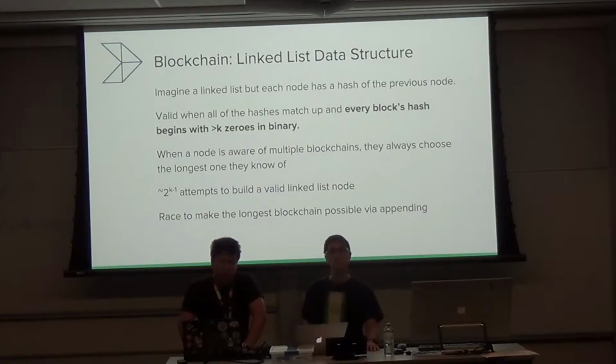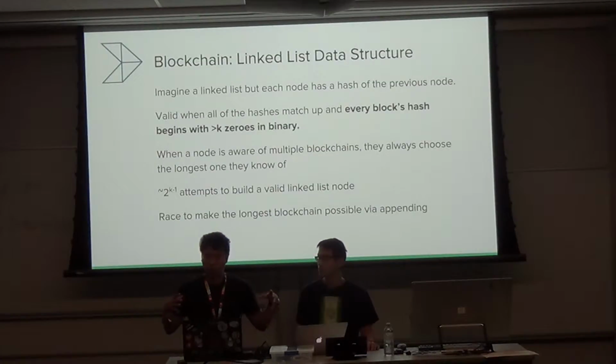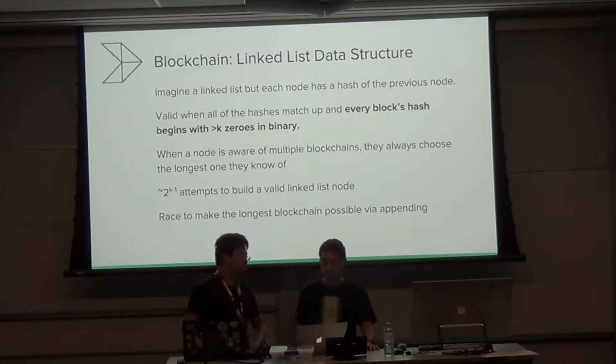So the longest chain is the canonical one, as we said earlier. If you see multiple ones, you just pick the longer one. And people get money when they extend the chain that everyone else accepts. So people are incentivized to append to the chain as fast as possible, like a competition between computers. And this allows them to earn as much reward as they can. So people essentially get paid for appending to this data structure, assuming that you trust the data structure.